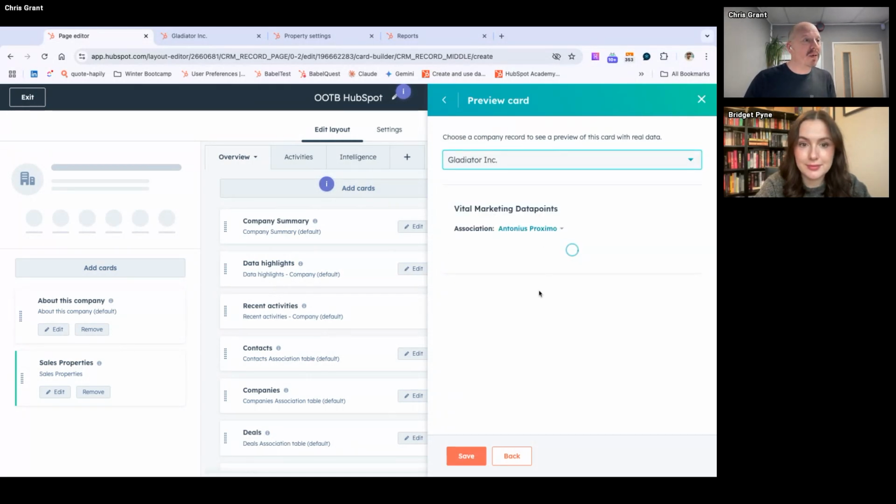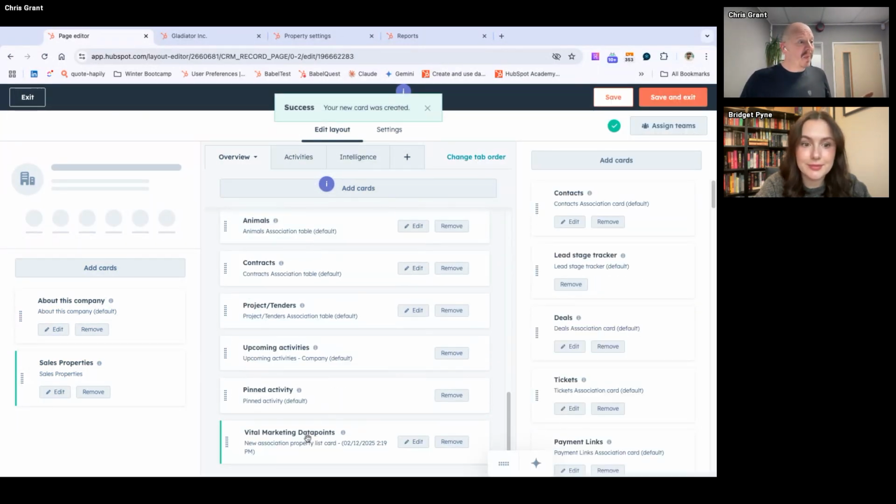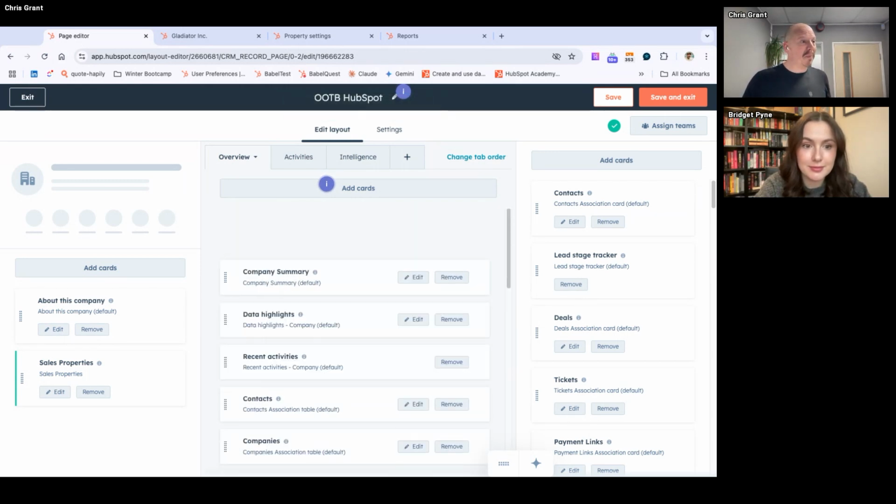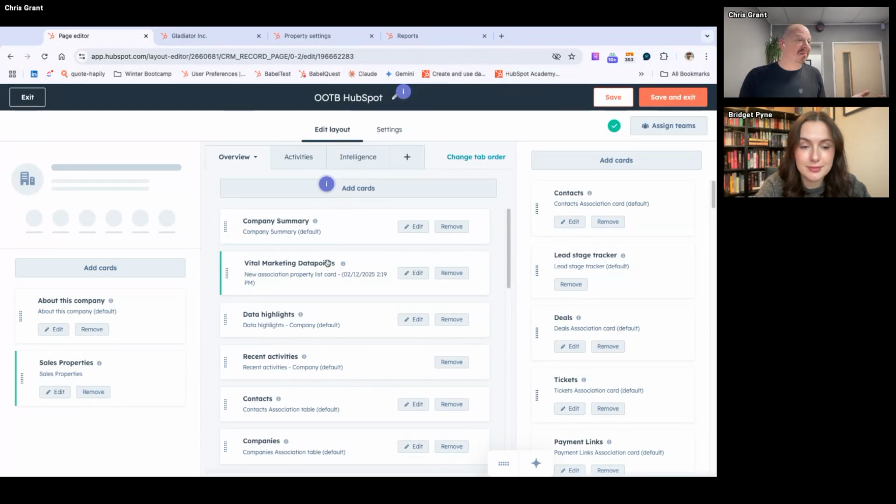We can see an association, we can see the properties, and we'll save this and add it. We'll go back to the record and show you what we can do with it. So I'm going to save that. Anything you create appears at the bottom, so I'm going to move that back up to the top. So we've got a company summary, and we've got our vital marketing data points.